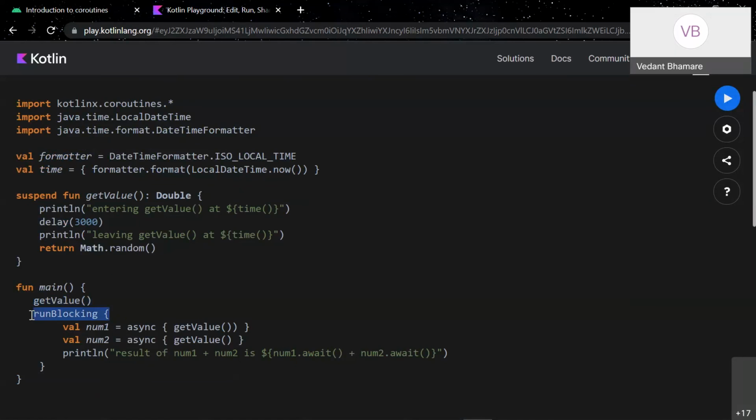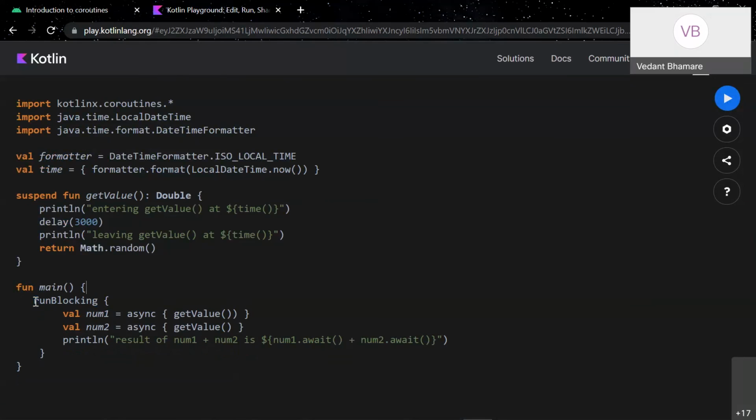So runBlocking also creates a coroutine scope, so we are calling it under this, and async also creates a coroutine scope. If you run it under this, then it won't give an error. So that is how the suspend modifier works.